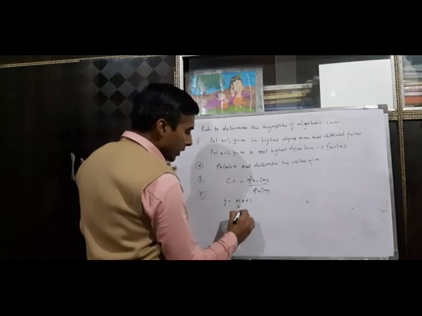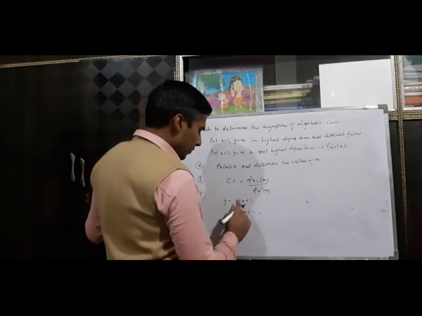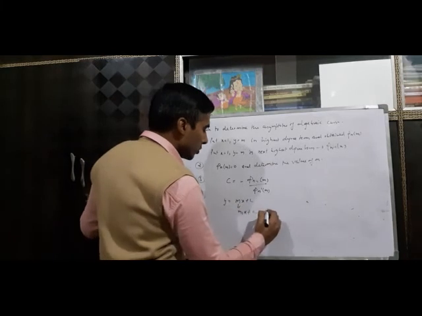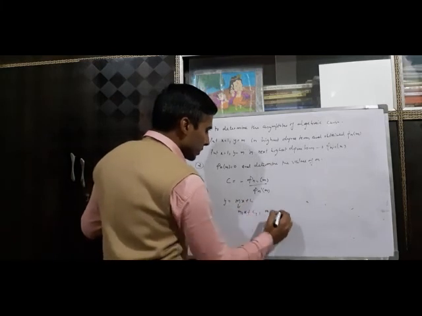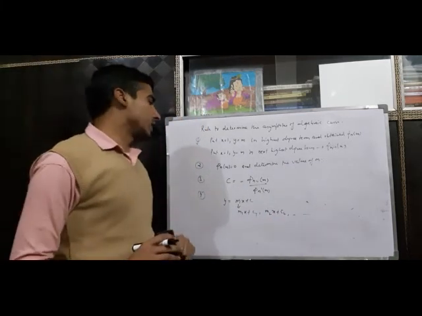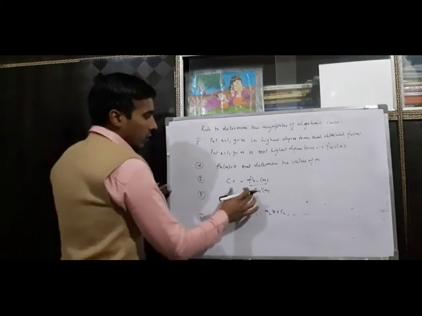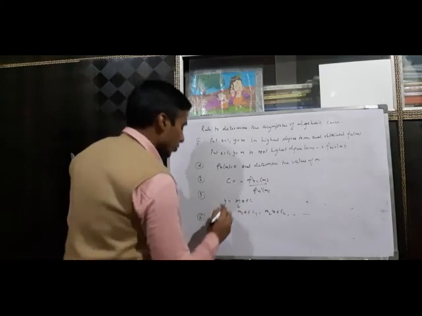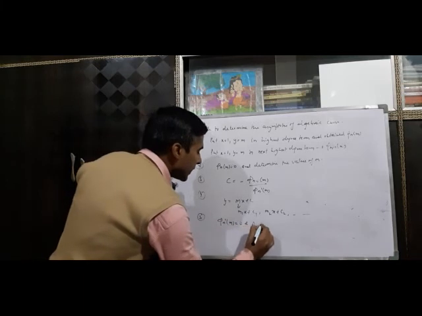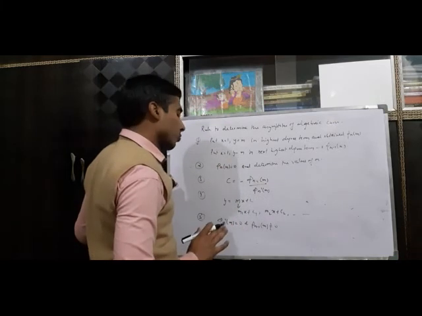If m has value m1, then the asymptote is m1 x plus c1. If phi n of m has another root m2, so the asymptote is m2 x plus c2 and so on. In this manner, we can determine the asymptotes of an algebraic curve. But there are special situations. If phi n prime of m is 0, then what will happen? And if phi n minus 1 of m is not 0, then there is no asymptote to that curve.